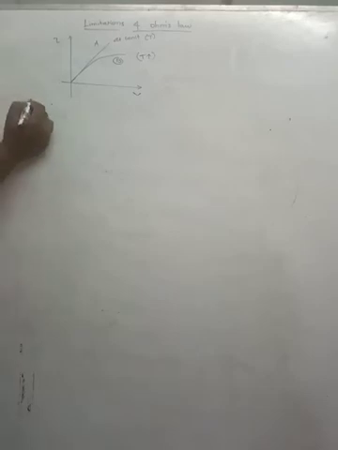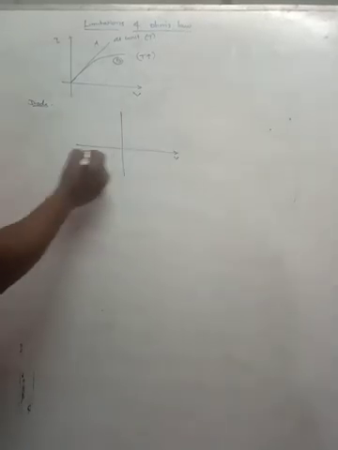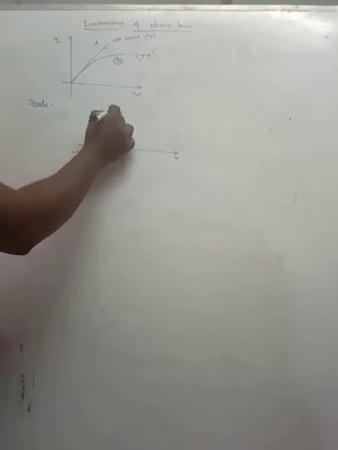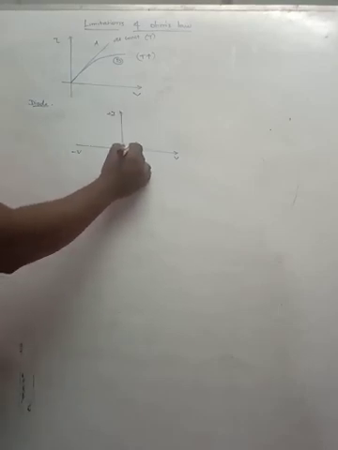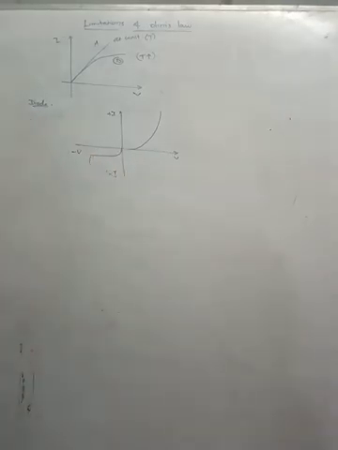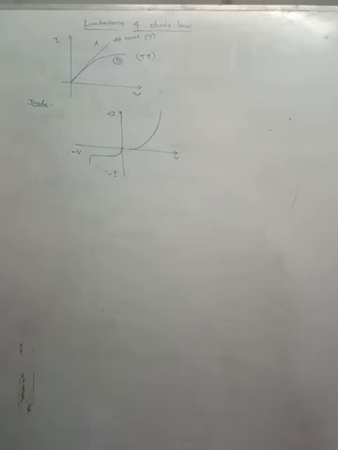Second one, semiconductor devices like a diode. If you draw a graph, here plus V, here minus V, plus I and minus I, the graph will come in this manner. Here also the graph is not a straight line. Diode is a semiconductor device. This also you will be studying in the 9th chapter. And here you see it never starts from the origin, it starts from a certain value.